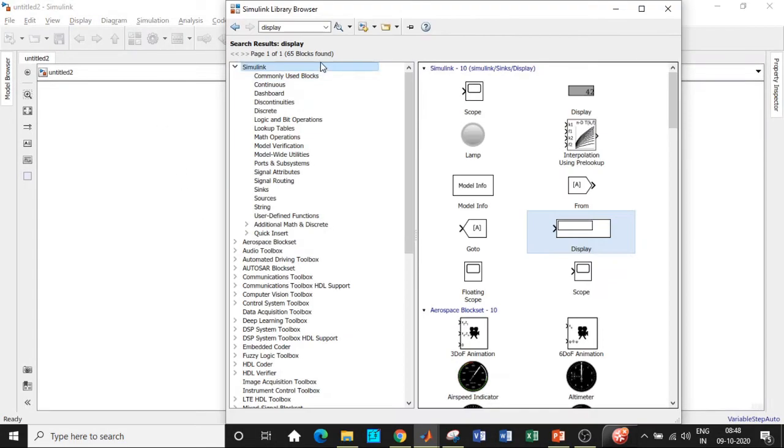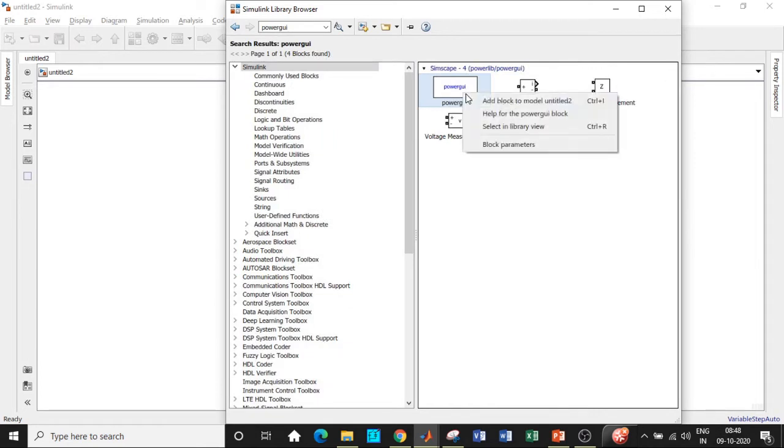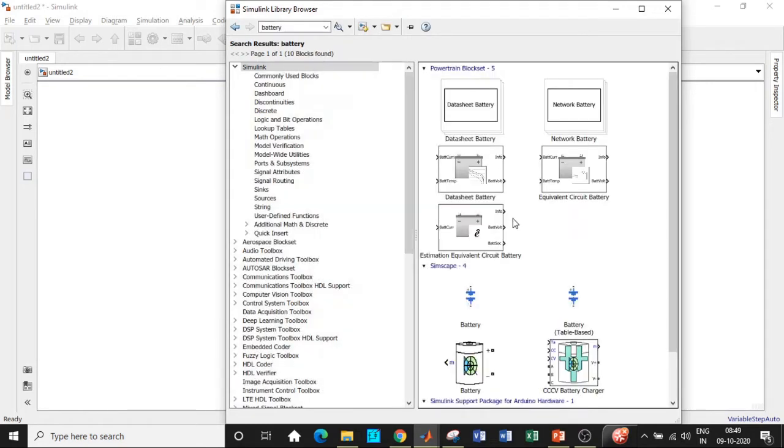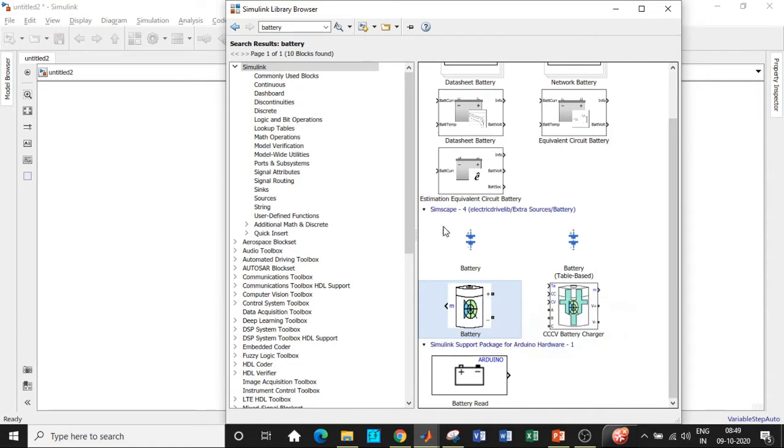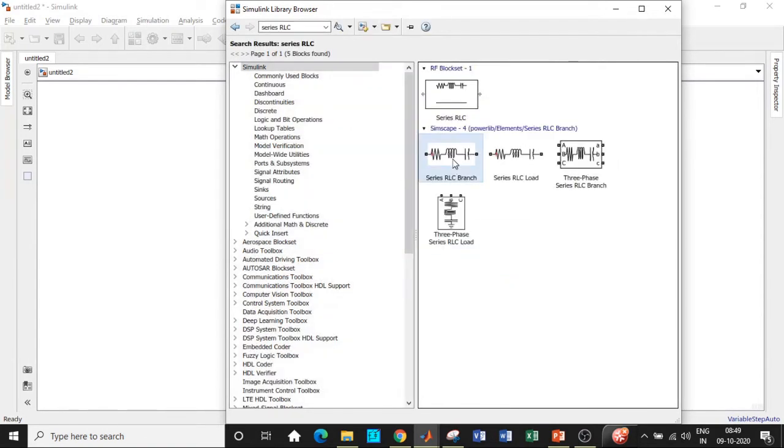Alright, here we are in MATLAB. So click on Simulink library browser and search for the blocks that we want. MATLAB has an extraordinary feature where we can search for the components that we want. So search for the powergui block, which is basically the compiler of a circuit. Add that, and once that is done, add a voltage measurement block as well. Once that is done, we'll be requiring a battery, which is basically the heart of our circuit. So search for battery and use this particular battery. And once that is done, we'll be requiring a series RLC branch. So search for series RLC and add this block.